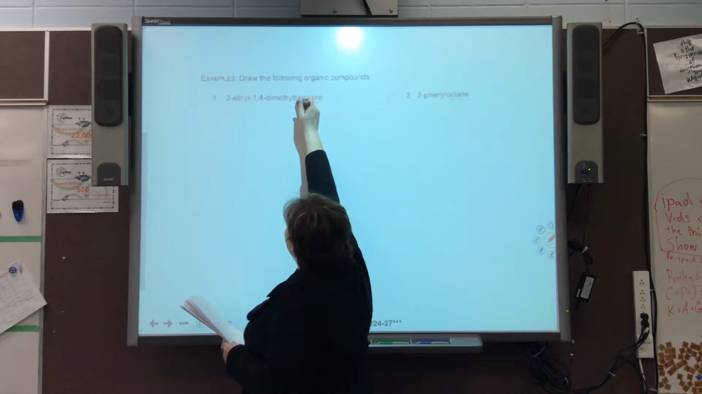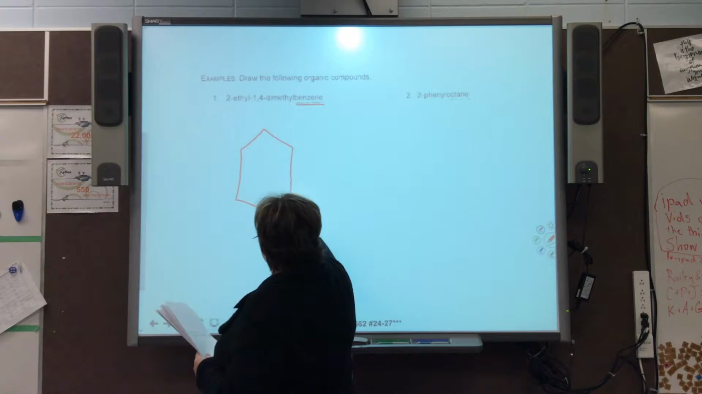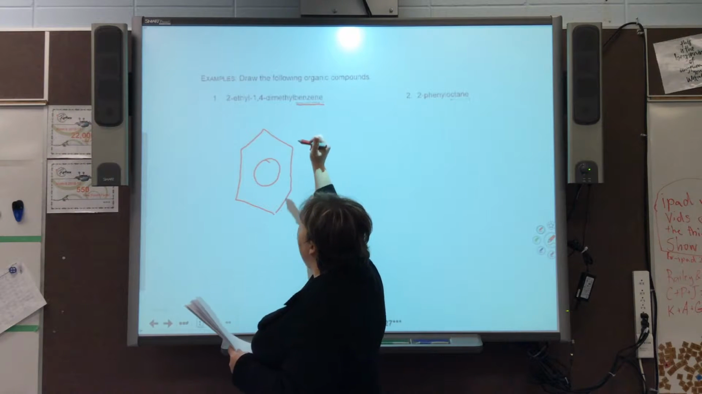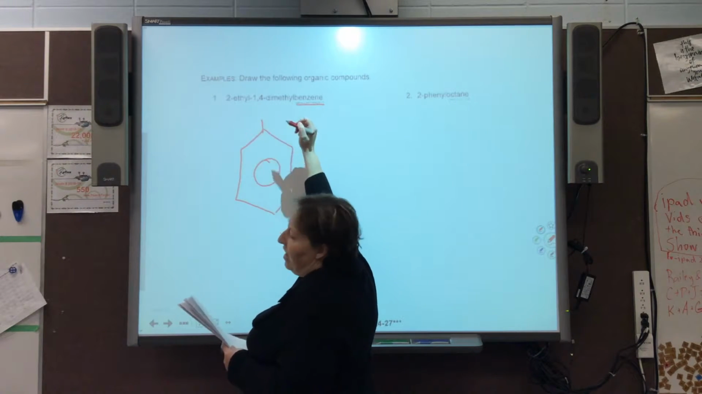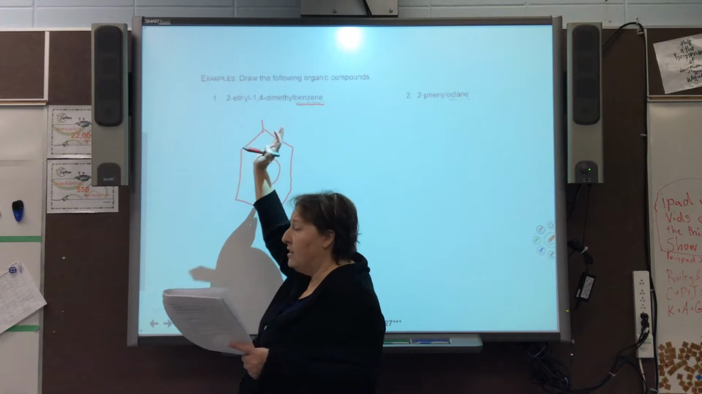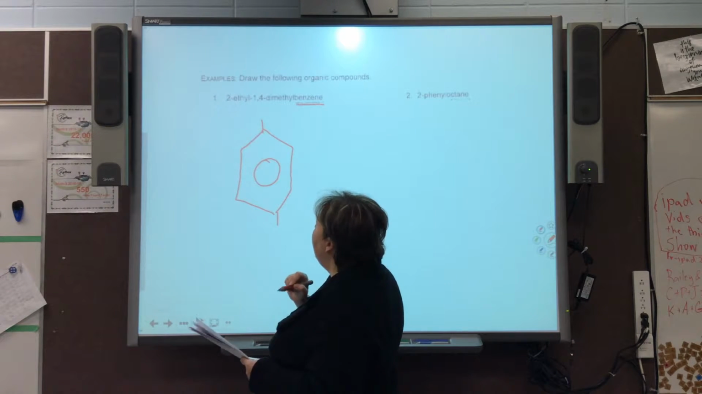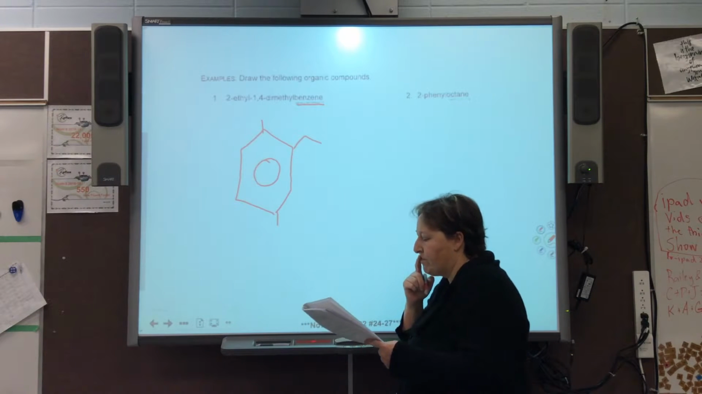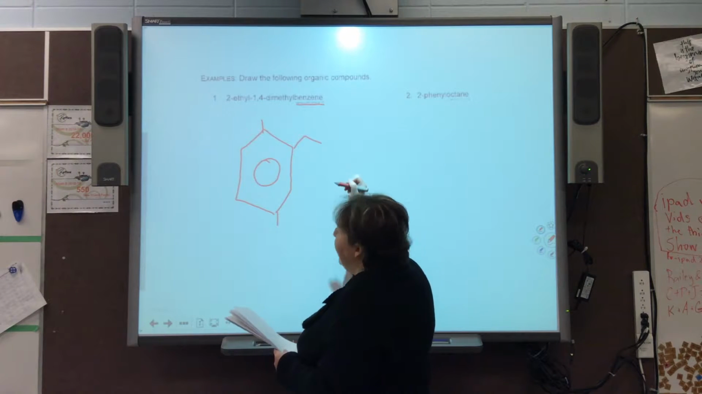Okay, so we start with the root. So benzene, so we're going to start with this. And then it says at number 2, there's an ethyl, and at 1 and 4, there's a dimethyl. So I'm just arbitrarily picking a starting point. 1, 2, 3, 4 is methyl, and at 2, there's an ethyl. Okay? I actually did this like this weekend. So if you were to draw it as a structural or a condensed structural, you would have